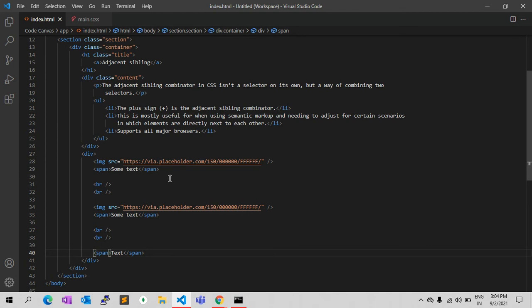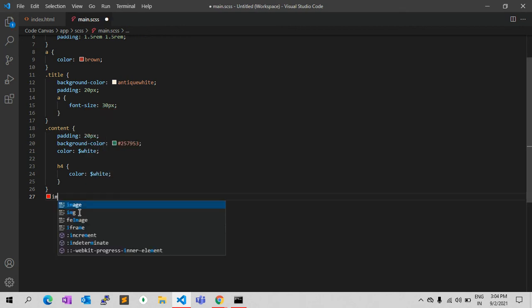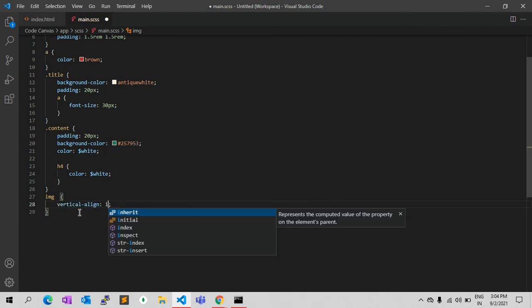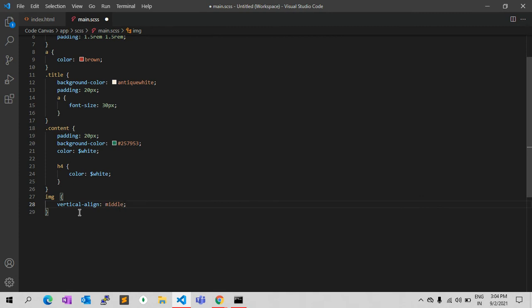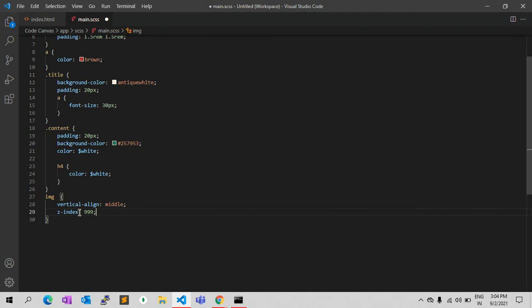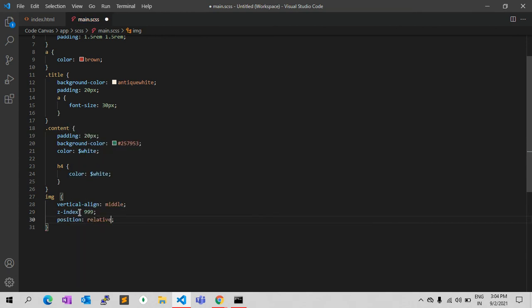Let's see how it looks in CSS. For example, for image, I am writing some CSS: vertical-align middle, z-index 999, position relative, and z-index 1.